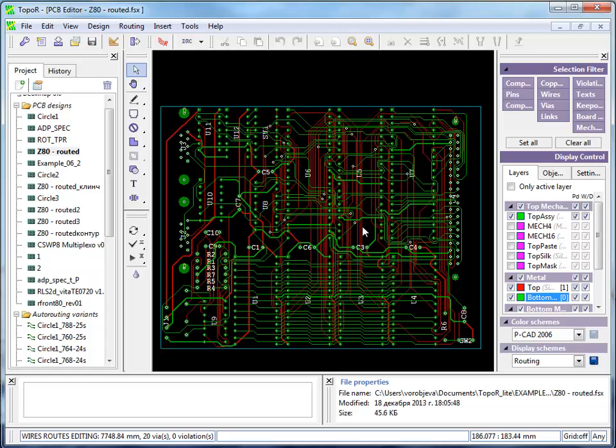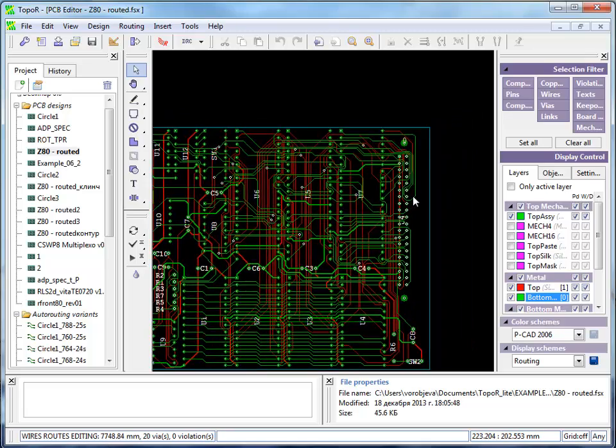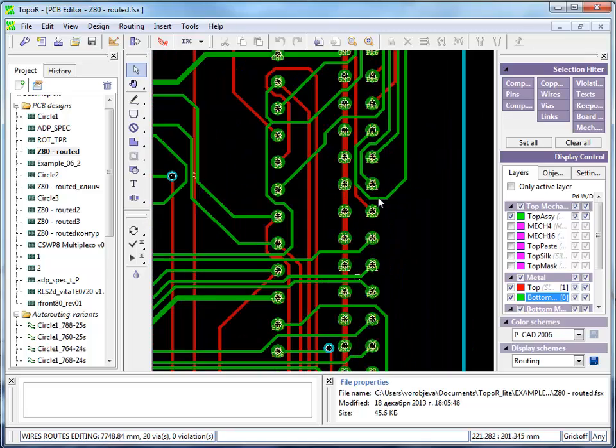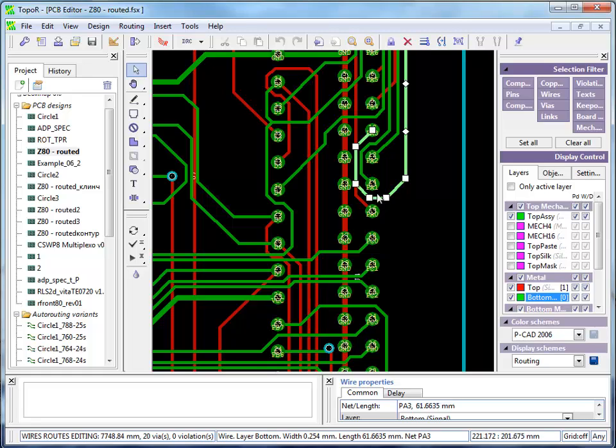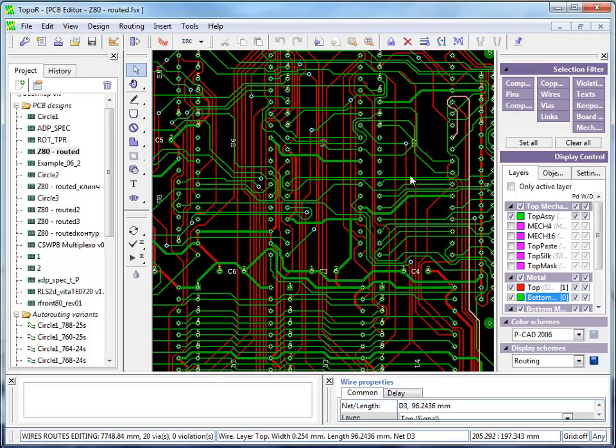Let's practice interactive and manual topology editing on this board. The total wire length is currently 7.75 meters. Next, look into the spots where the wires are poorly routed and make extra loops. Here is an extra bend in the wire, and another spot with an extra loop, another case of the same,